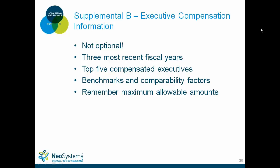Excuse me. Supplemental B, executive comp. Well, it's called supplemental, but it's not optional. You got to do it. I mean, 10 out of 10, that's what they're asking for at the point of entry, at the point that they're receiving the incurred cost submission. So if you're not doing that, more than likely, again, 10 out of 10, usually that's what they ask for. The three most recent fiscal years, and of course, don't forget about the top 5 compensated executives